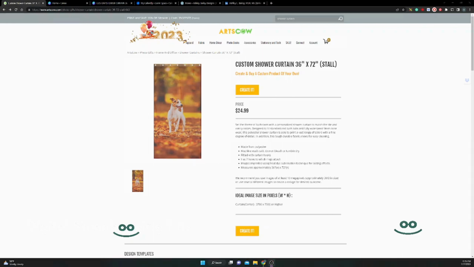Okay, I have found a product that I am super excited to design. So I found this shower curtain. Everybody likes to customize their bathroom. And so this is a really great product that is rectangular in shape or square and is fairly easy to